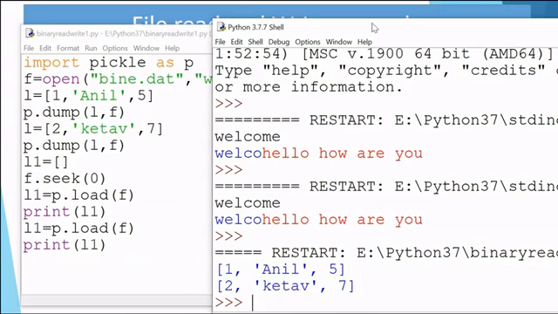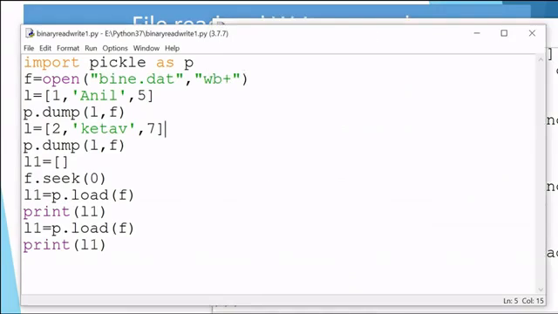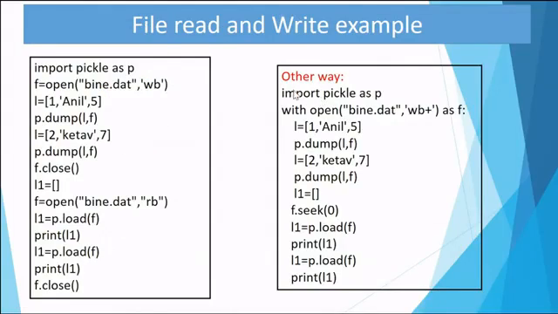Now apart from this, we can write this code in a different way also. What is the other way to write it? I have imported pickle, but instead of writing F is equal to open, there is one more way to write it. You can write with open and the name of the file. I have written WB plus.